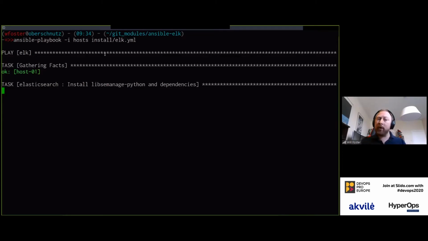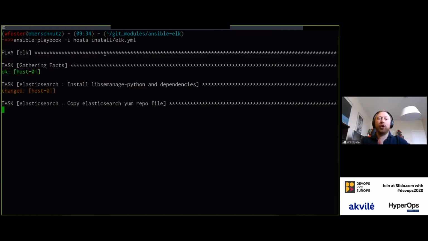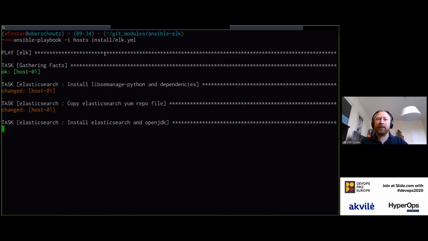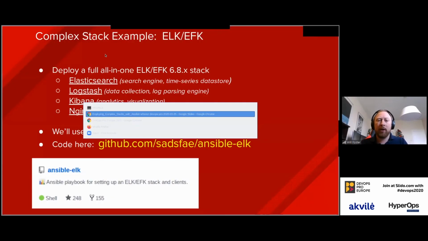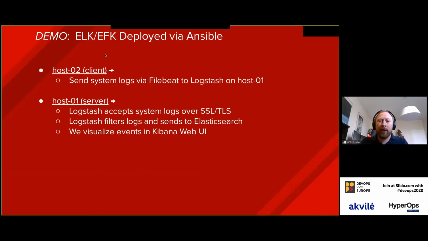There's going to be things that we're going to be doing in here that I'm going to talk about, that's going to help you do things like check if a parent service is available before the child services can be spun up. So there's a lot of useful stuff that's been baked in this playbook. So while that's running,